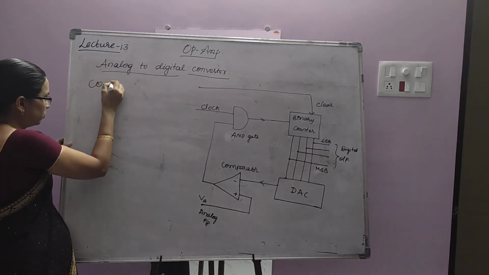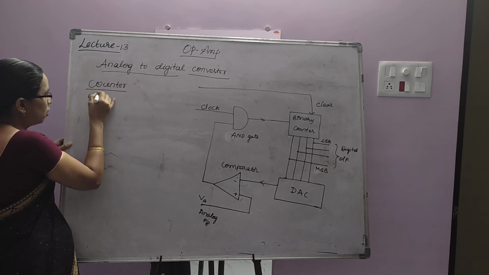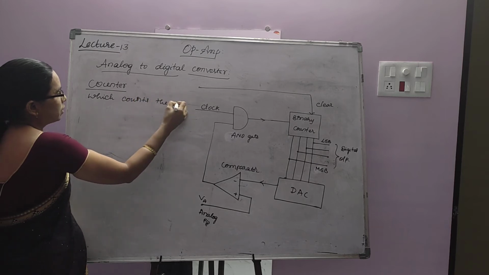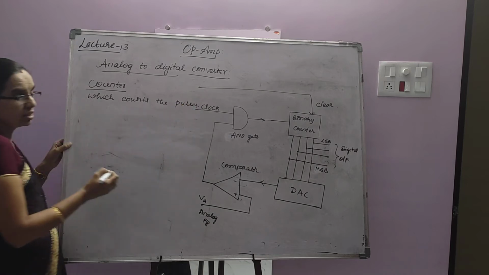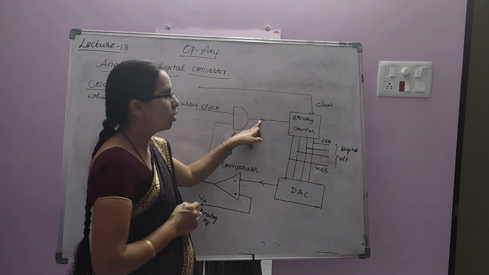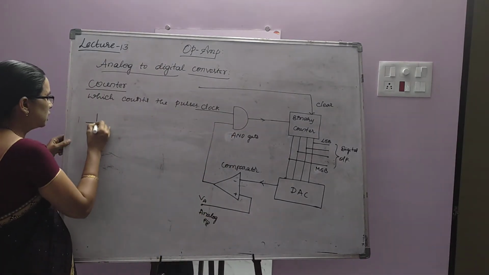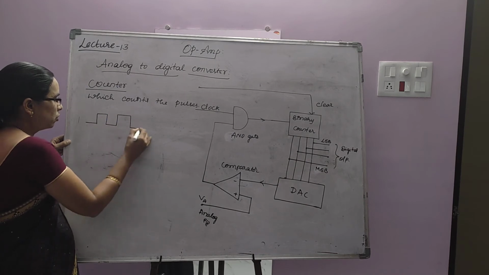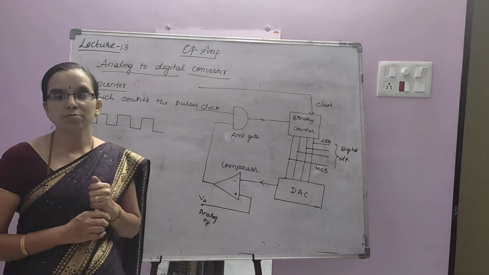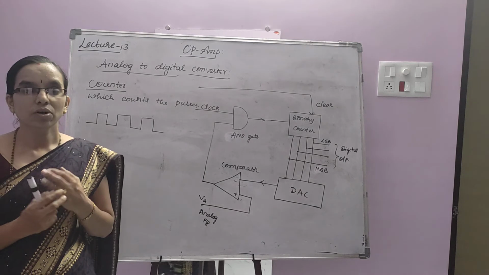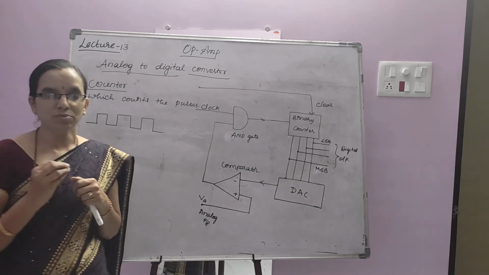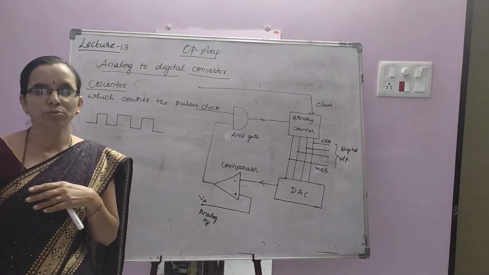Counter is a circuit which counts the pulses. It counts the digital pulses. So here we are giving the input to the binary counter, a clock signal. A clock signal is one which coordinates the digital system. In any digital circuit, some synchronization is required. So to monitor the digital circuit there should be a fixed time, at what time input should be given, at what time the output should be taken, that and all.